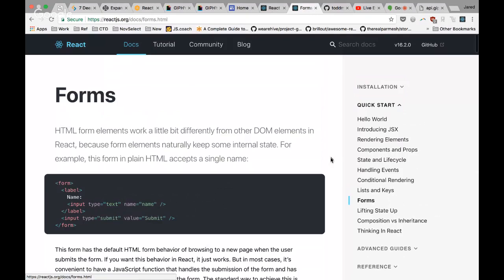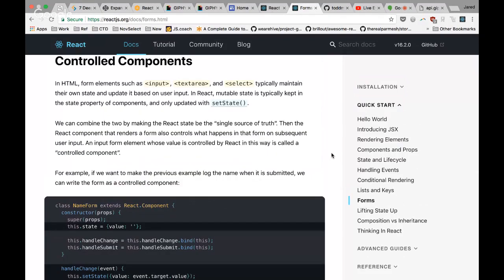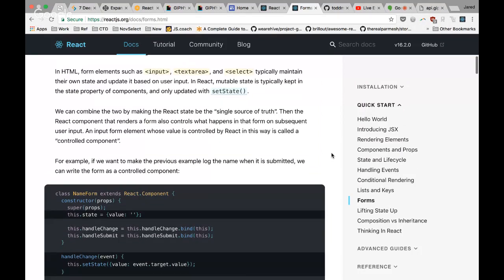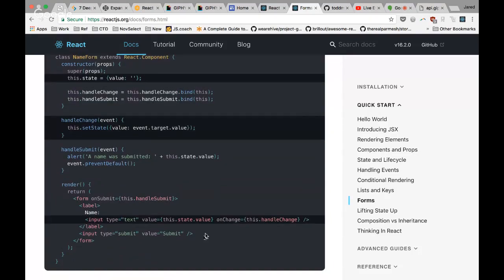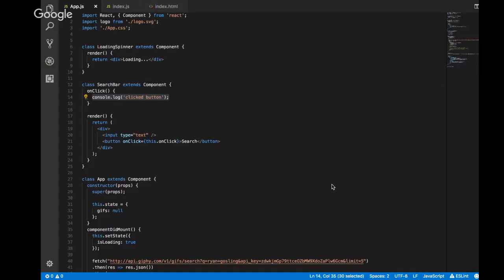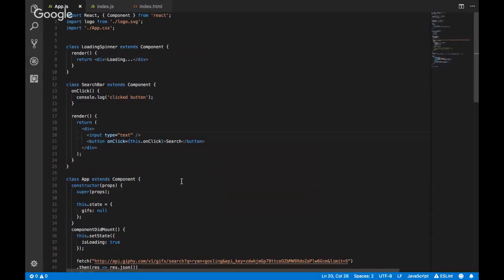Might be in forms, but you've got controlled components, where React really prefers, or I would say it's a lot more React-like, if instead of reading stuff out of the DOM, you have your stuff be a controlled component that React deals with. So let's take this input and change it a little bit. Let's add an onChange handler to it. And each time we change our input here,